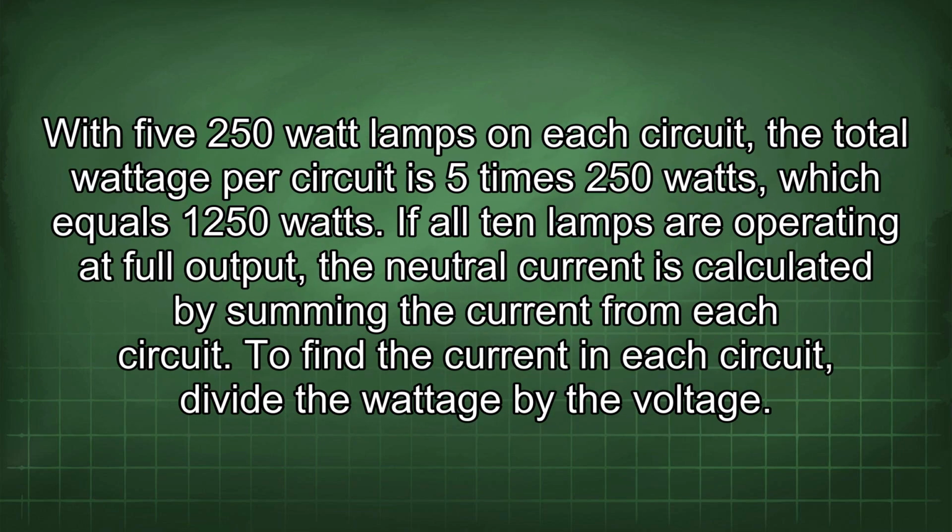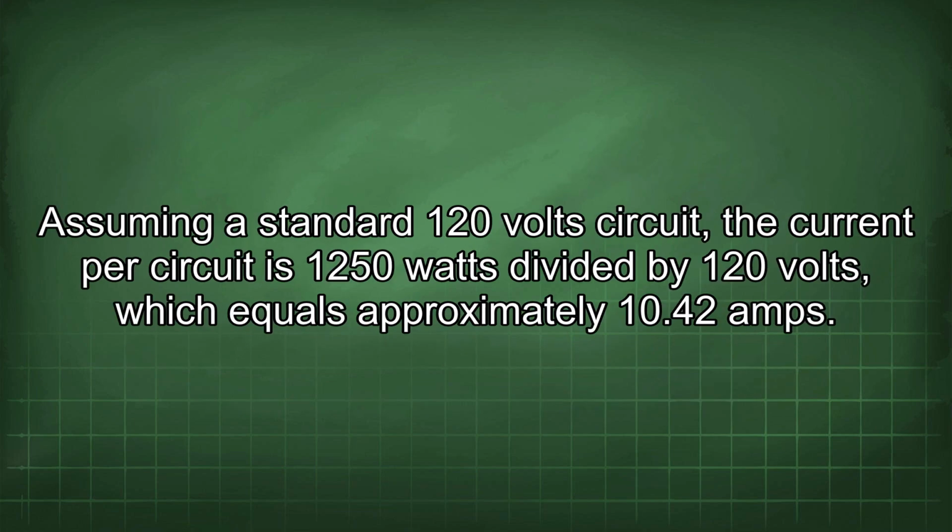With 5 250 watt lamps on each circuit, the total wattage per circuit is 5 times 250 watts, which equals 1250 watts. If all 10 lamps are operating at full output, the neutral current is calculated by summing the current from each circuit. To find the current in each circuit, divide the wattage by the voltage. Assuming a standard 120 volt circuit, the current per circuit is 1250 watts divided by 120 volts, which equals approximately